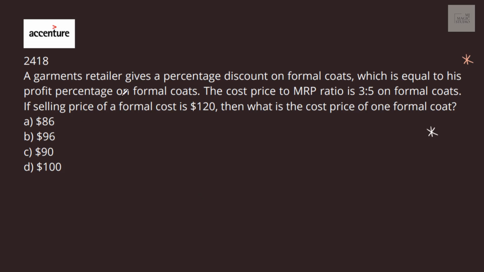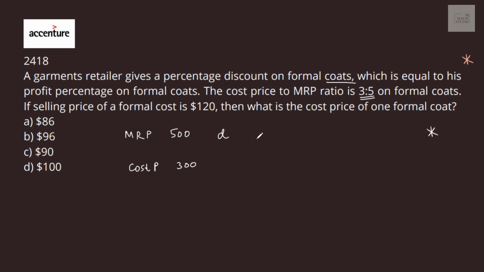A garment retailer gives a percentage discount on formal coats, let's call it coats discount, which is equal to the profit percentage. The cost price to MRP is 3:5. So MRP is 500 suppose, and his cost price is 300. He's giving a discount on MRP. Let the discount be D. Fine. Now the discount percentage is equal to the profit percentage. So for profit percentage,